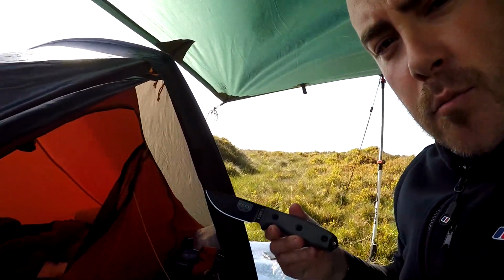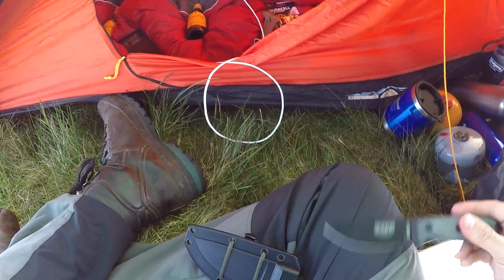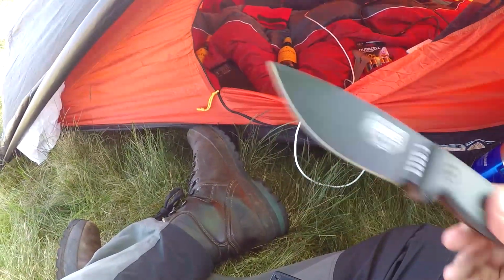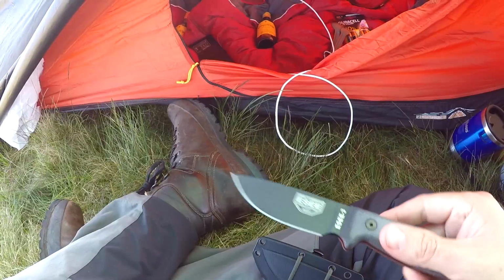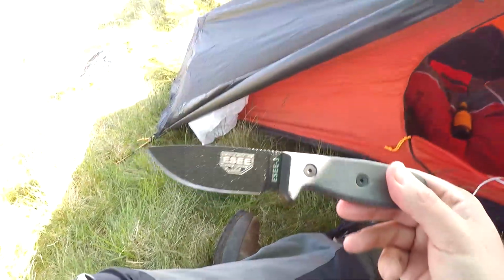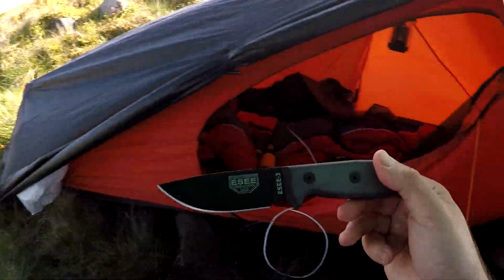Cannot carry that in public without a reasonable excuse. Not that I'm going to give people a lecture, you should all know the law if you're carrying a knife. If your blade length's over 3 inches and it's not folding, it's a fixed blade like this, you cannot have that on your person in a public place without a reasonable excuse. Clearly, if anyone challenged me and said, why have I got this? Well, it's here for food preparation, and clearly I'm in the middle of the moors, wild camping,